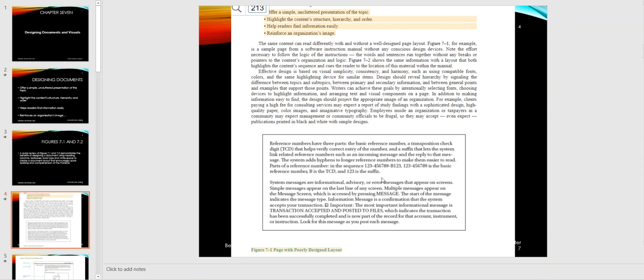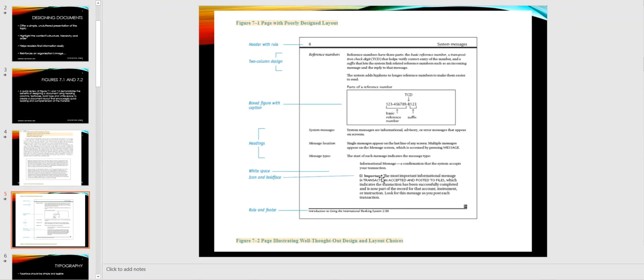All of this is jammed into one little text box, and it's really poorly designed in the layout. Now to restructure this, a well thought out design. You're using two columns here to separate the material. We see ample white space around some of the text. The reference numbers have now just been included in a smaller text box. And each column here indicates what's the message in that corresponding right hand column. So the idea here is now this is completely all broken up, much easier to digest from